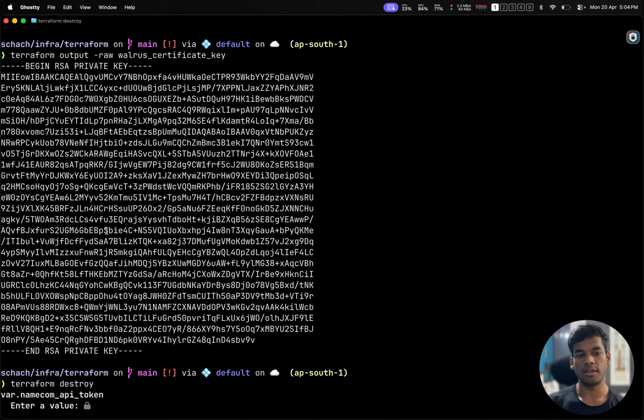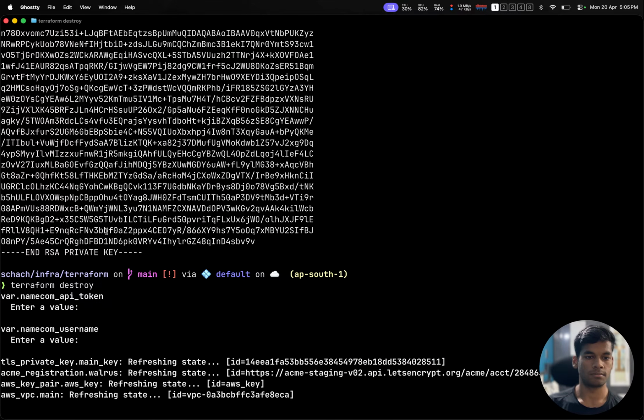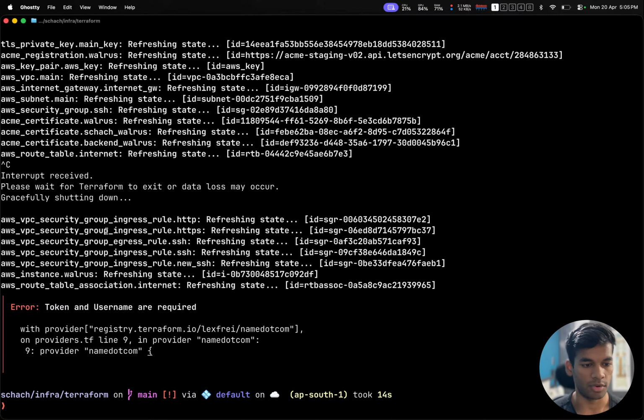Terraform destroy. This will destroy literally everything. And we have to put in some values. Stop. Okay, let me put in the values. Export TF_VAR_name_com_username equals jrag, not this, jrag